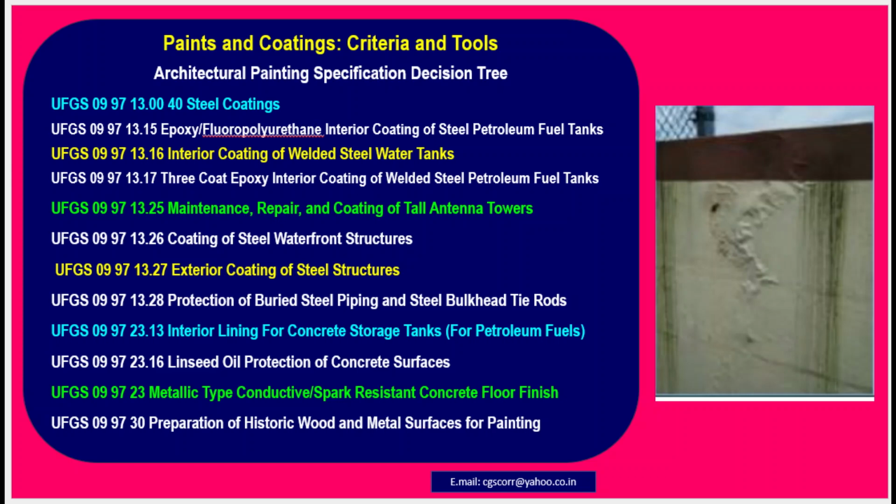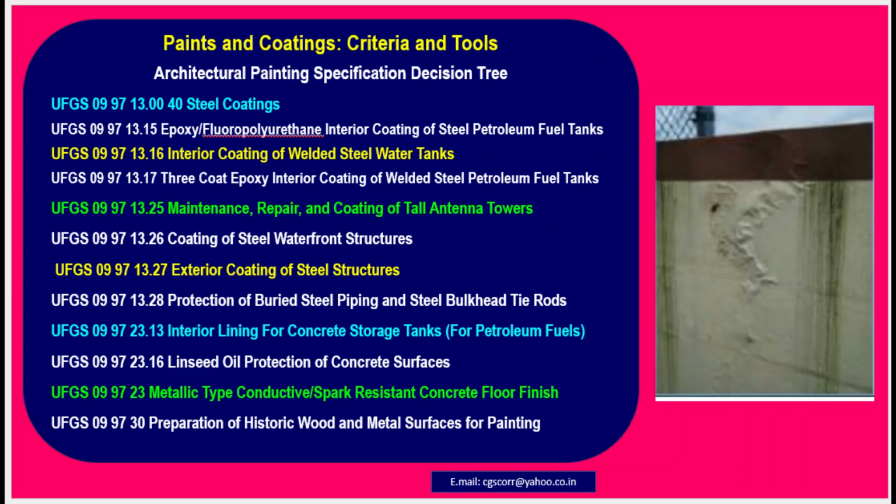Again, they have specifications for steel coatings, epoxy, fluoropolyurethane, interior coating of steel petroleum fuel tanks, then specification for interior coating of welded steel water tanks, specification for 3-coat epoxy interior coating of welded steel petroleum fuel tanks, specifications for maintenance, repair and coating of tall antenna towers,